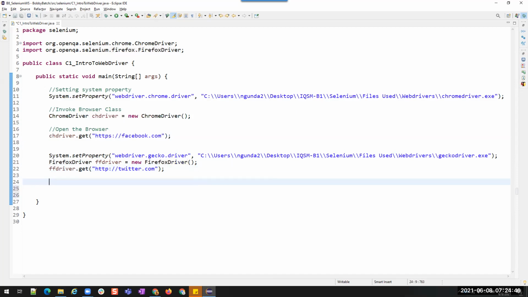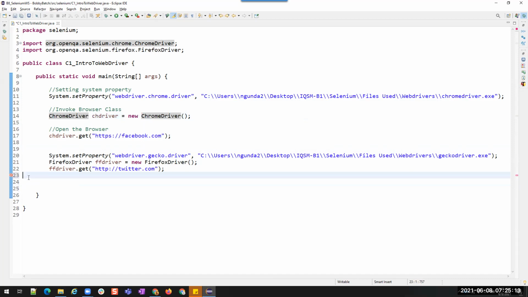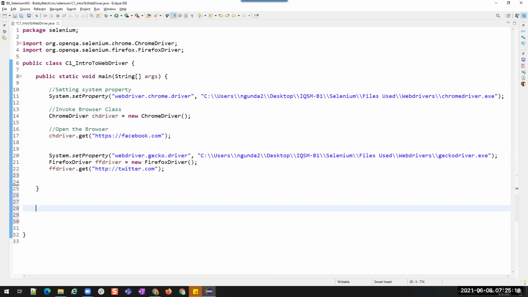Okay, the hierarchy. In real time, do we use ChromeDriver equals new ChromeDriver, or what do we use? In real time, we don't use ChromeDriver driver equals new ChromeDriver, because we are not going to change this object type. We are only going to change the invoker class. Now I cannot assign this ChromeDriver to the... instead of explaining here, I'll write a method and then we can explain.